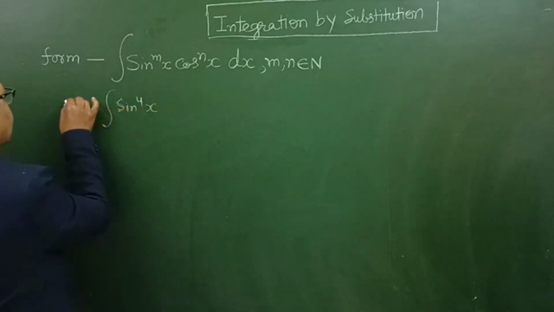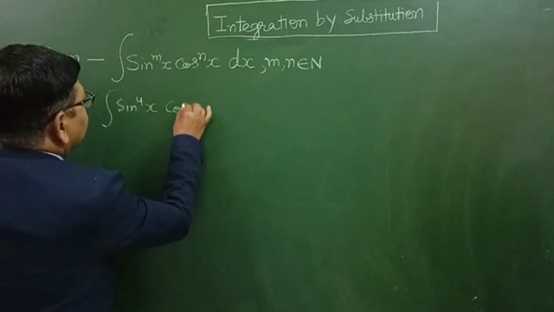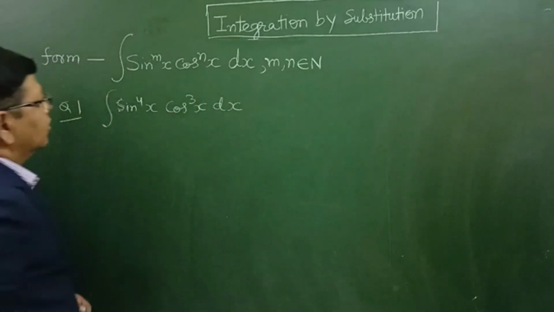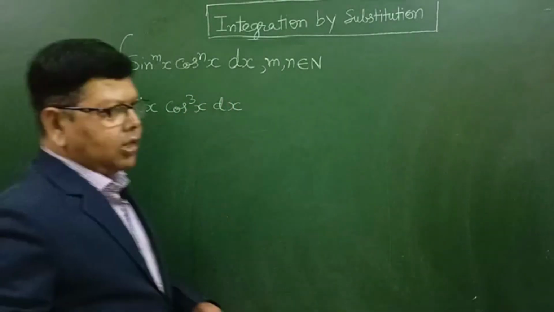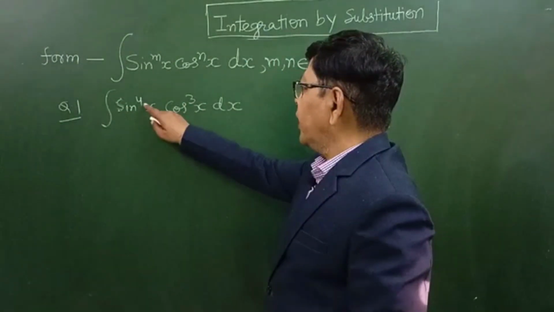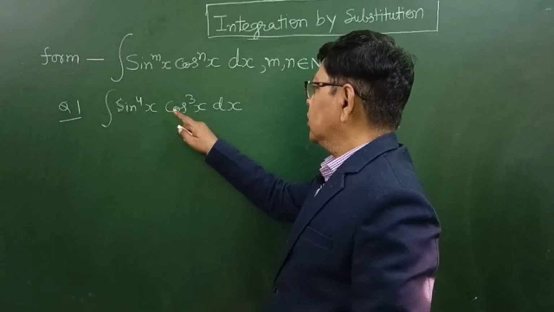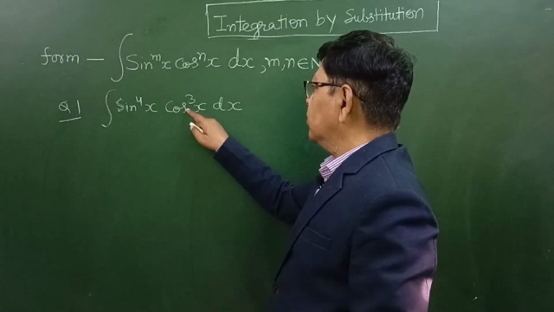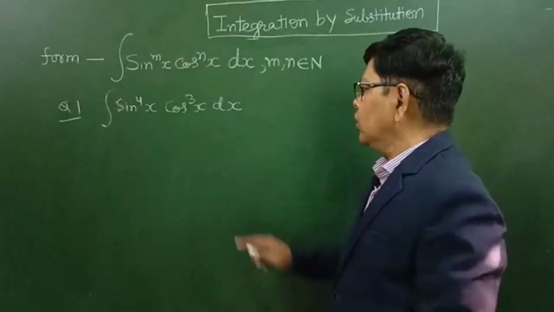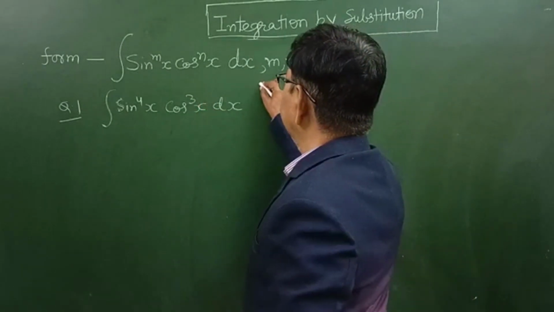Integrate sin^4 x cos^3 x dx. In this integral, the powers of sin x and cos x are natural numbers, but the power of cos x is an odd natural number. So if the power of cos x is odd, then